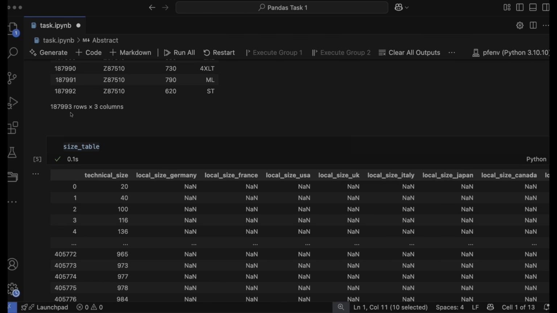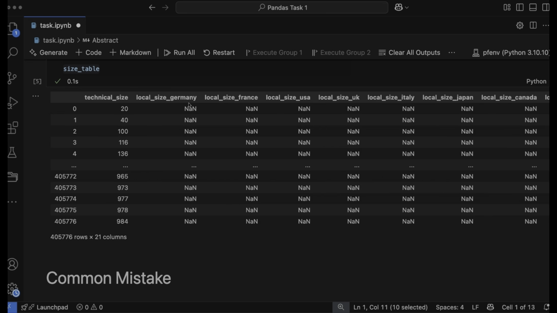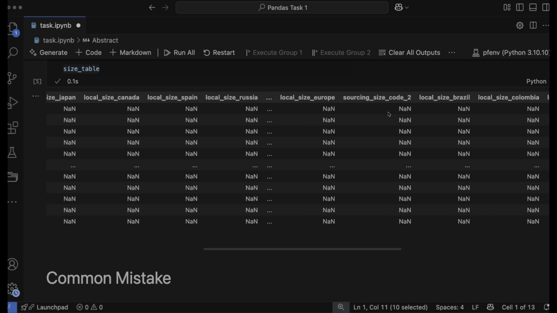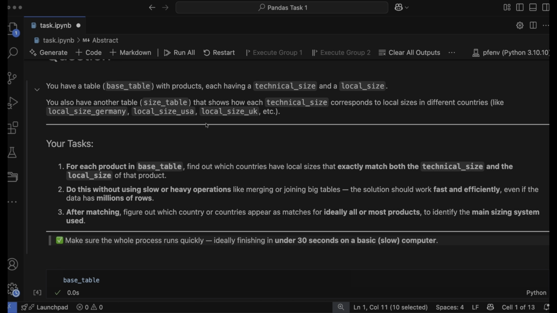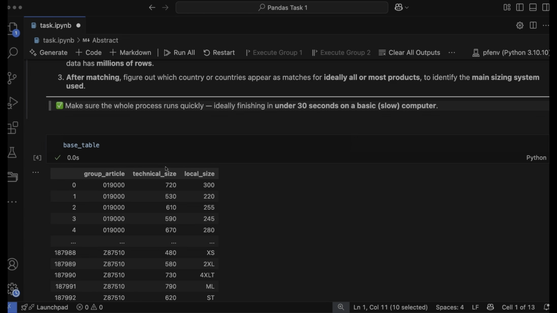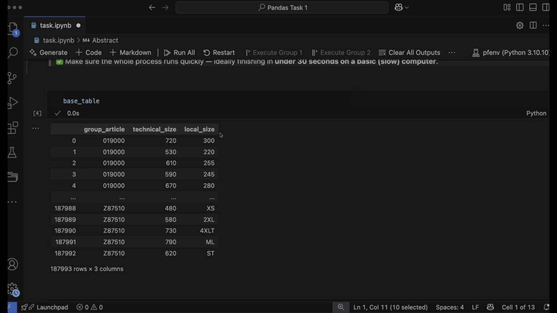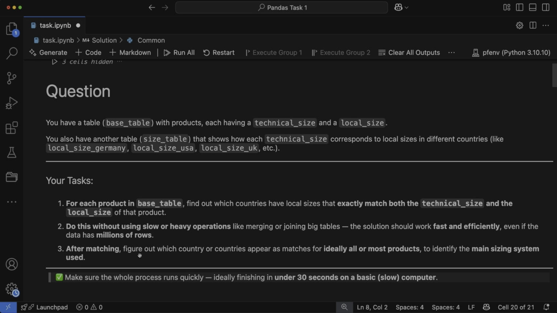By the size, you can say it's already pretty clear that it's a many to many relation. For 20, you may have one nan, but for 20 you may also have a value somewhere and a different value somewhere else in the table. This is replicated for all the countries. So your task is to find which local size we are using in the base table. Somehow we have forgotten which local size is used for which base size, and it has to be fast. We can't wait. A pretty interesting question,